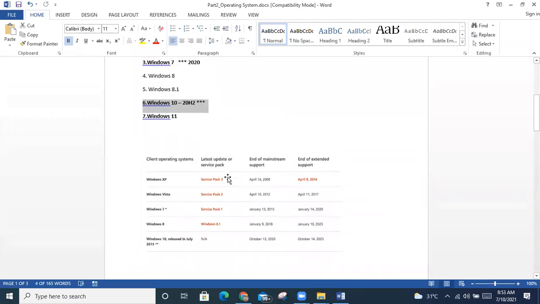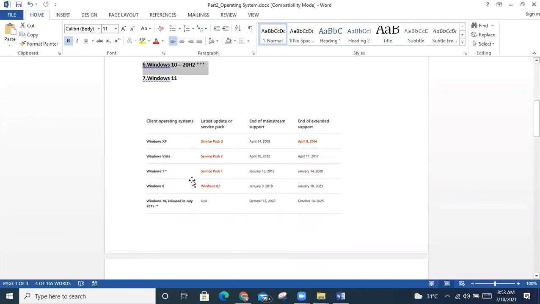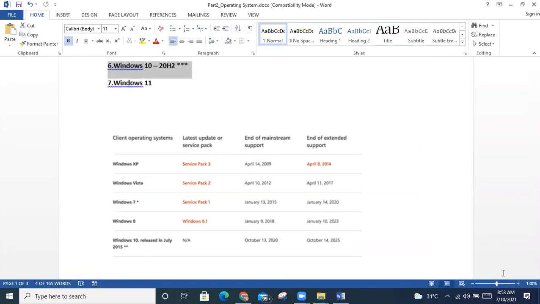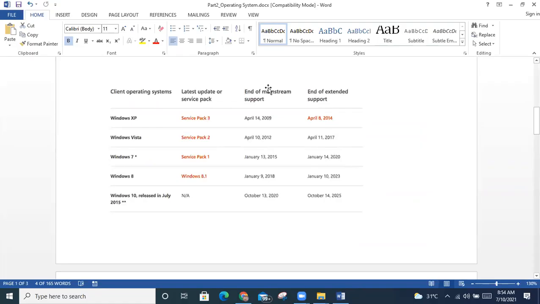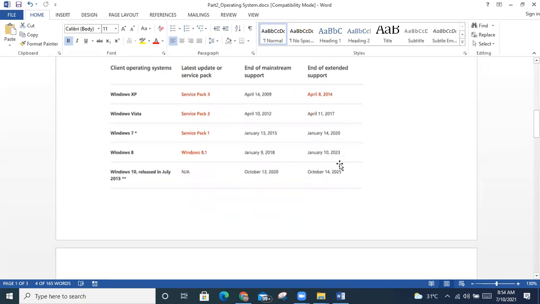In the same way, if you see, each and every operating system has an end of life, like end of mainstream support and extended support from Microsoft. Is it clear? If you see Windows 7, 2015 extended support, still they will extend it if you pay some more money. If you have business critical applications which are running on Windows 7, you need to contact Microsoft for the support.